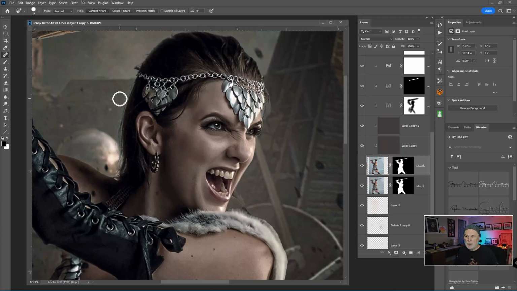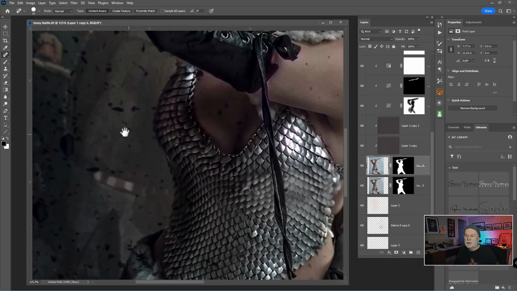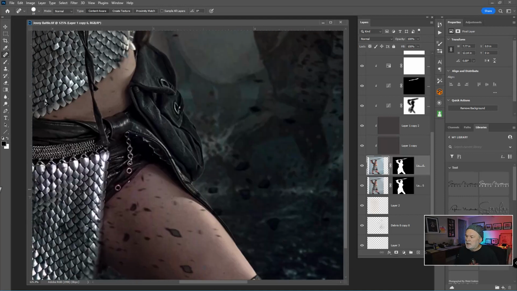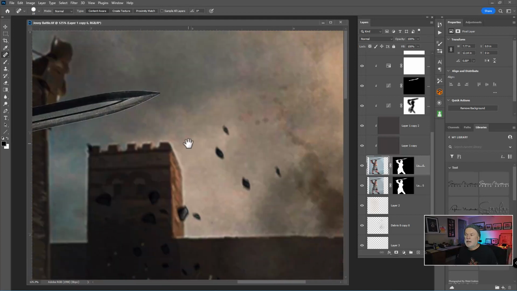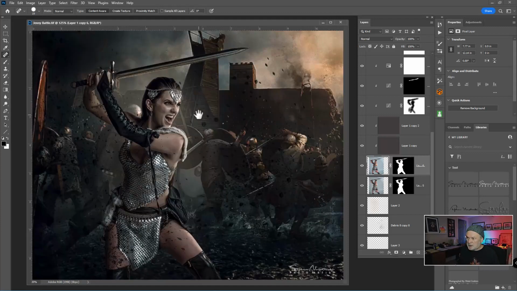So I'm going to hold the space bar down. Notice that it changes to a hand, and I can click and drag and move around my image and say, oh, I need to work there. I let go. I'm back to that default tool I was using before. Do a little work there, space bar down, go over here, do some work there, space bar down again, scroll around, and I'm just scanning around at areas that I need to work with that particular tool. And then when I'm done, I'll just do Control 0